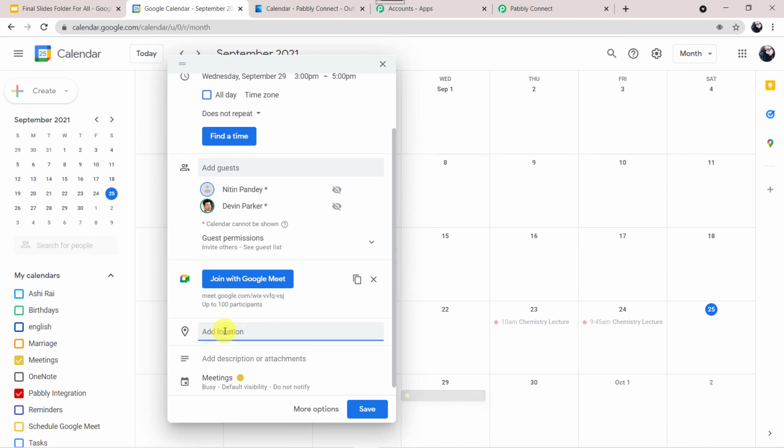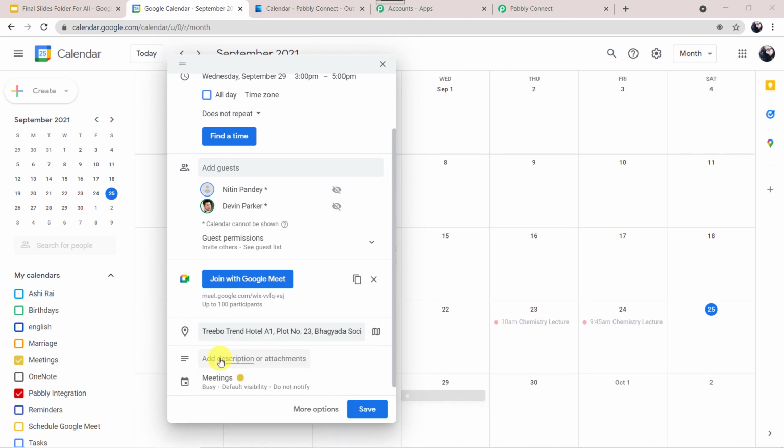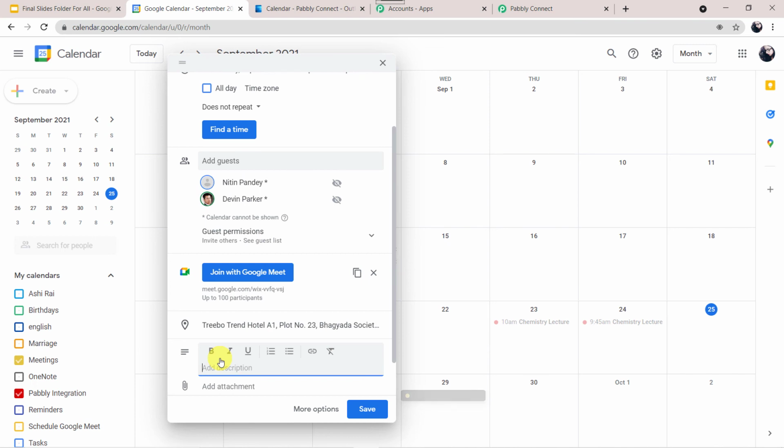Now the location of the meeting, I'll be keeping it as the same hotel, Hotel Trebo, and I'll just give the description as all teams, please make your presence compulsory.